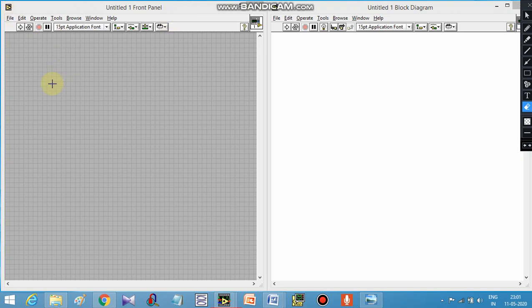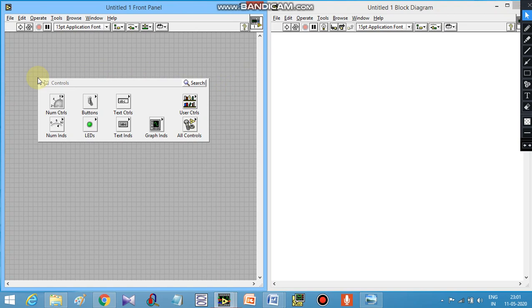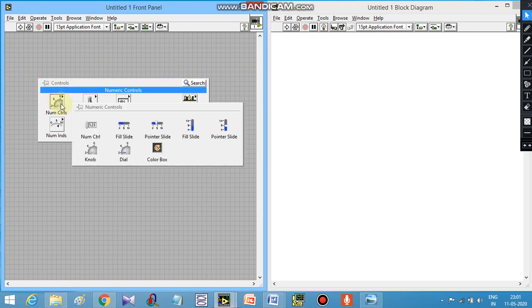Let us right click anywhere in this front panel. Under numerical control, let us select a control.